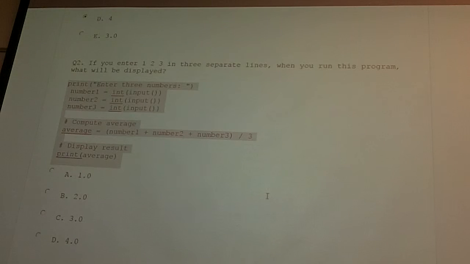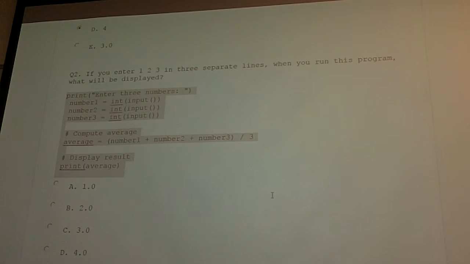Now, this line is simply prompting the user, just printing this message, enter 3 numbers, and then